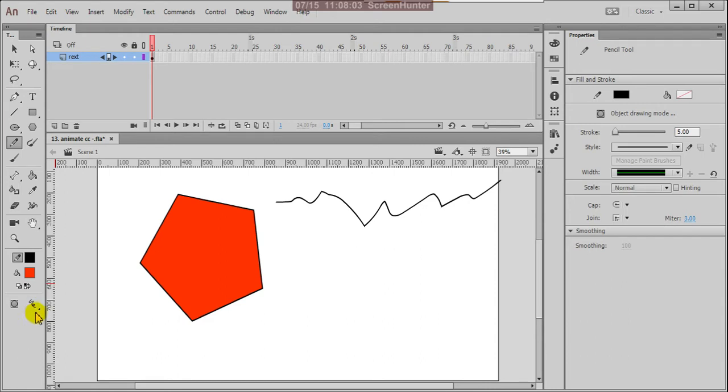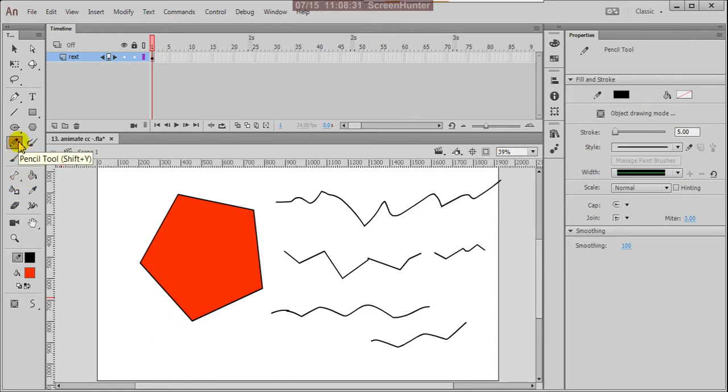There we have some options here, the pencil options. Straighten: by giving straighten, see the lines look like cut lines. It is giving straight lines, and this is smooth. If you give this, you will get smooth lines.